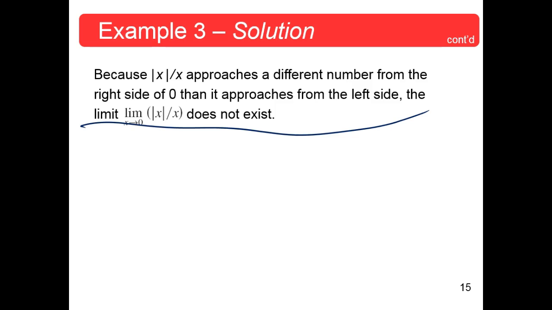Okay, example 4 is this. Discuss the existence of the limit as x approaches 0 of 1 over x squared. Okay? Now,